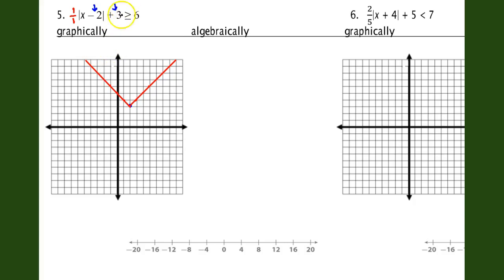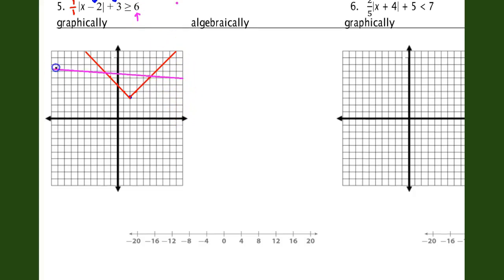And here we're going to do y equals 6. So go 1, 2, 3, 4, 5, 6. There we go. And the question is, where is this greater than 6? So where does this graph become greater than 6? So it looks like from here, this is where it starts being greater than 6, right? This is 6 right here. Greater than would be the same as above. So this line starts being above the 6th line here